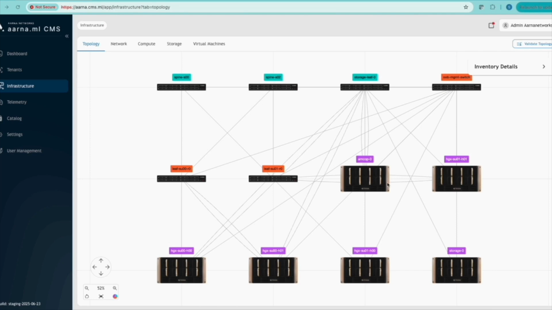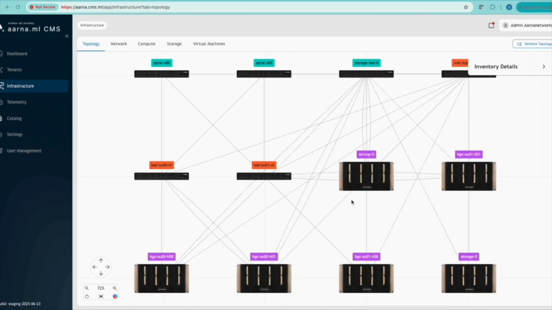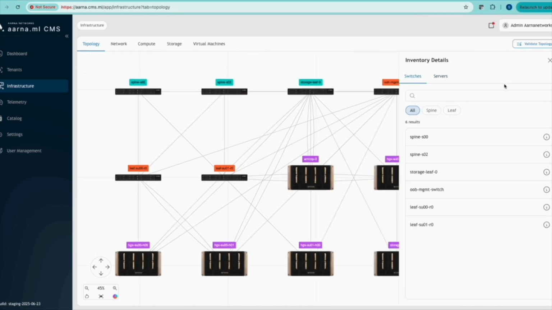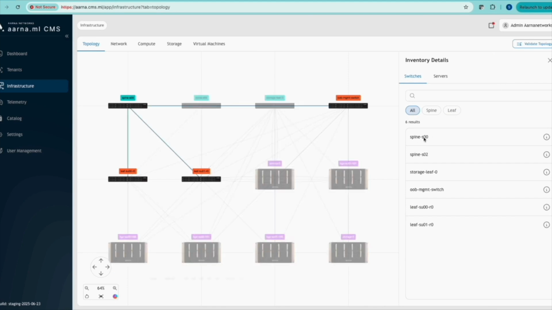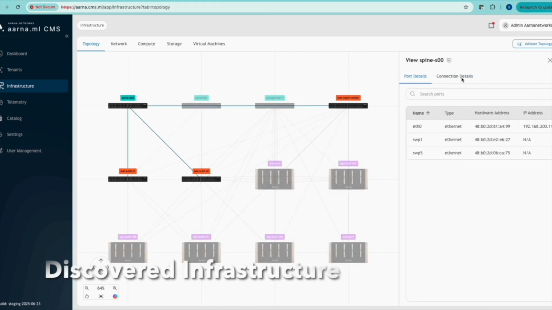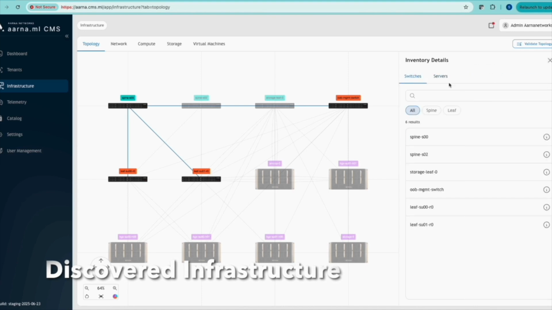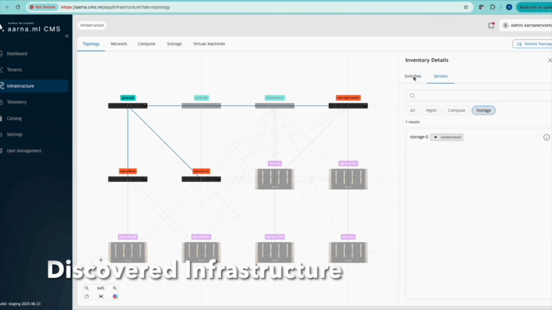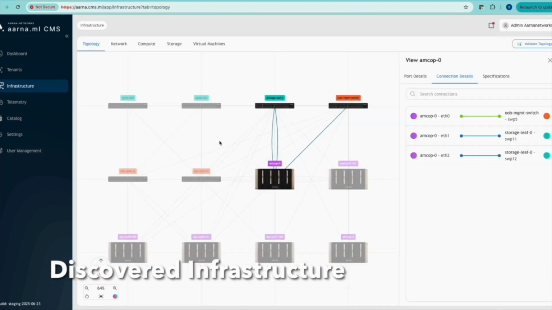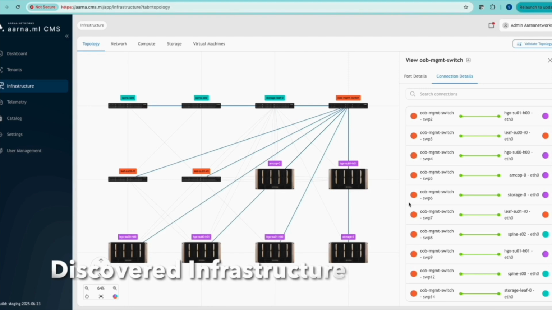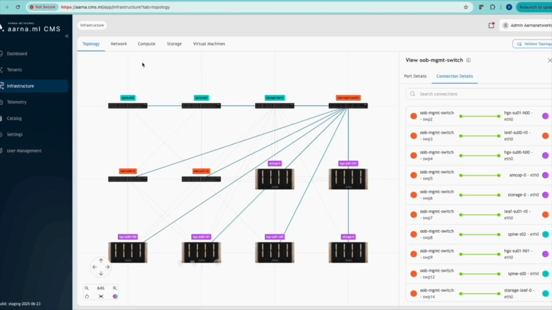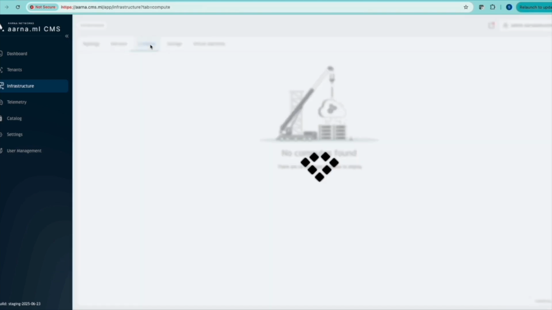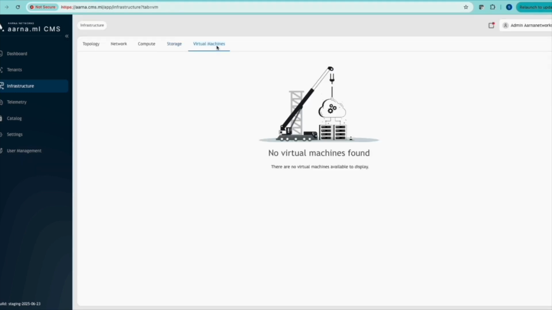And once the infra is discovered, this is how you view. It is a connected topology consisting of all core, spine, leaf switches. You see all the connection details between the switches and the other components. You see all the management, compute and storage nodes, all the switches. You can click to any of the node and then you can see how those nodes are connected to each other. Then we move on to now